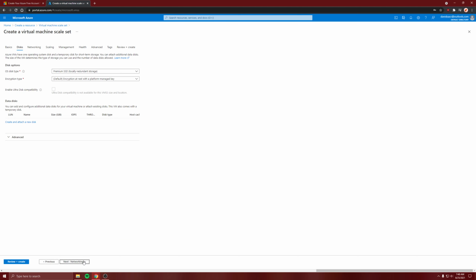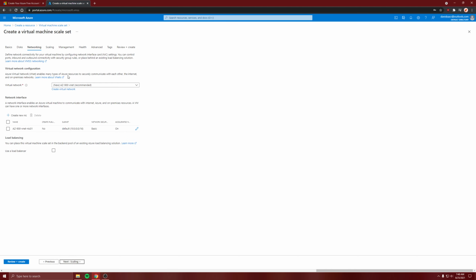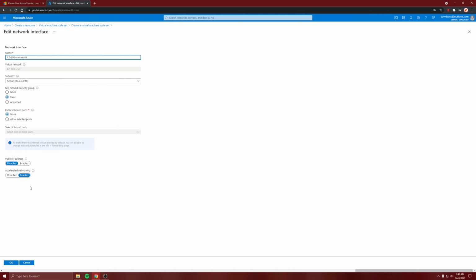And we keep that the same. Let's edit the NIC to allow SSH so we can connect to the server and enable public IP address